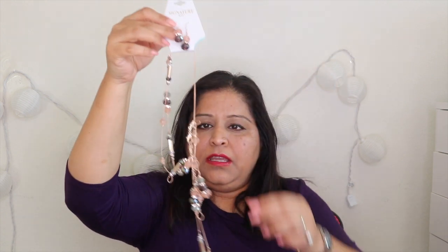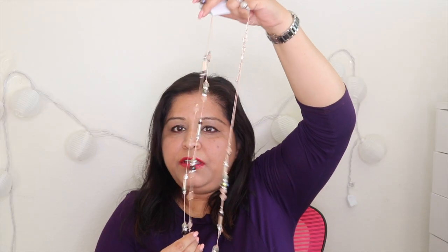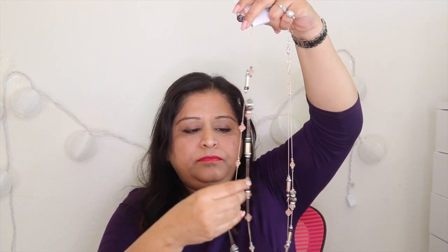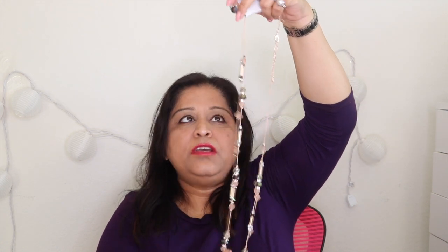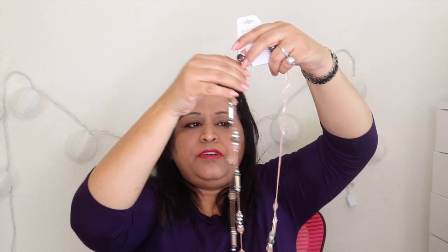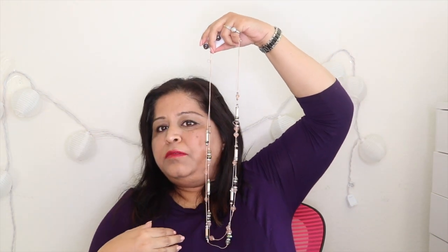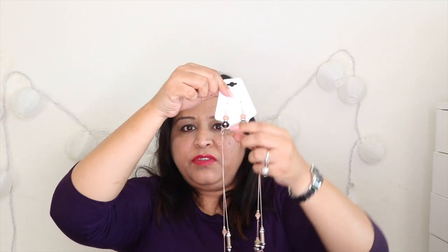The last jewelry item which I got from the store is a long necklace, and it got all tangled. So this is how it is. This is a nice peachish rose goldy kind of color, and it comes with small earrings, and this is for